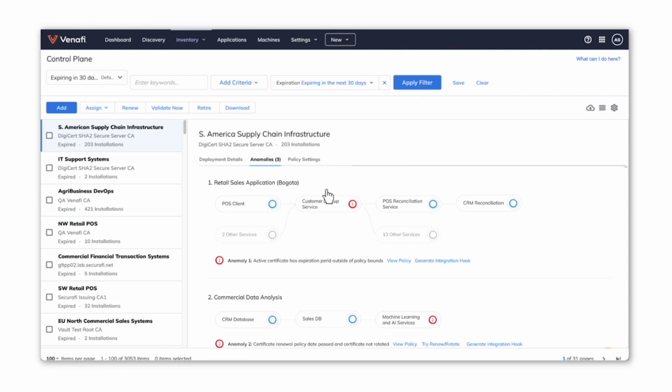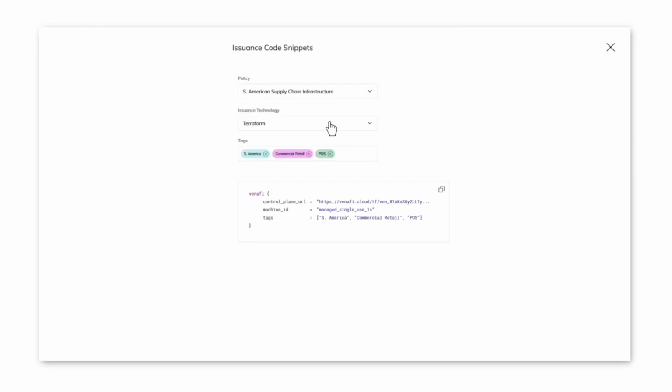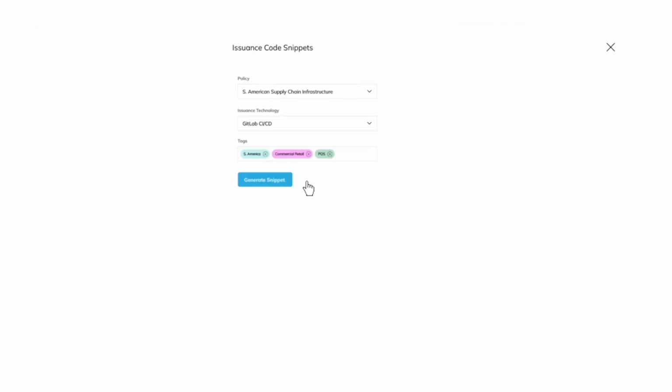Since the control plane has visibility into the entire application and its services, the developer can perform some quick diagnostics and assess which service in the transaction flow is at risk of an outage or breach. The developer uses the control plane to get a configuration snippet that is compliant with the overall policy.